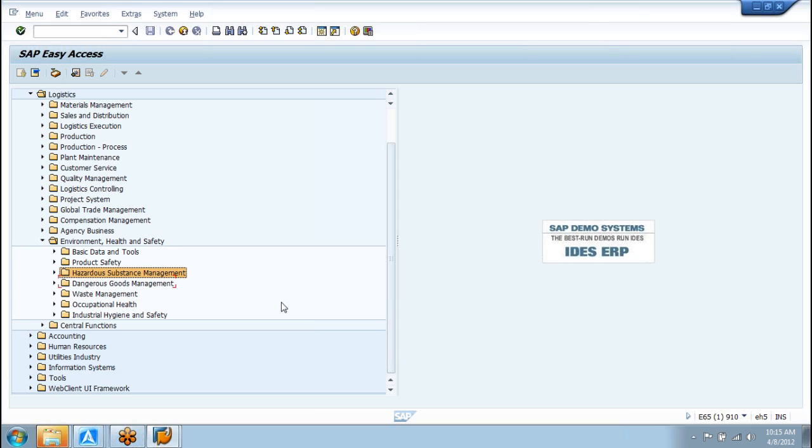The next is dangerous goods management and hazardous substance management. How are you handling a chemical whenever it enters a premises? Let us think from a functional perspective. When a chemical enters a premises, there is a document called the MSDS, Material Safety